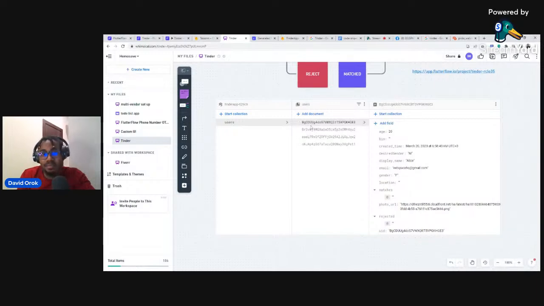All right, and then these 4 users, they have their fields here filled already, right? So there's age, there's bio, like a description, there's the time the account was created, the desired gender. This is the gender they want to match with. Okay, this is the gender that they want to see when they are looking for a date. And then this is their displayed name, their email address, then the gender, that means their sex,